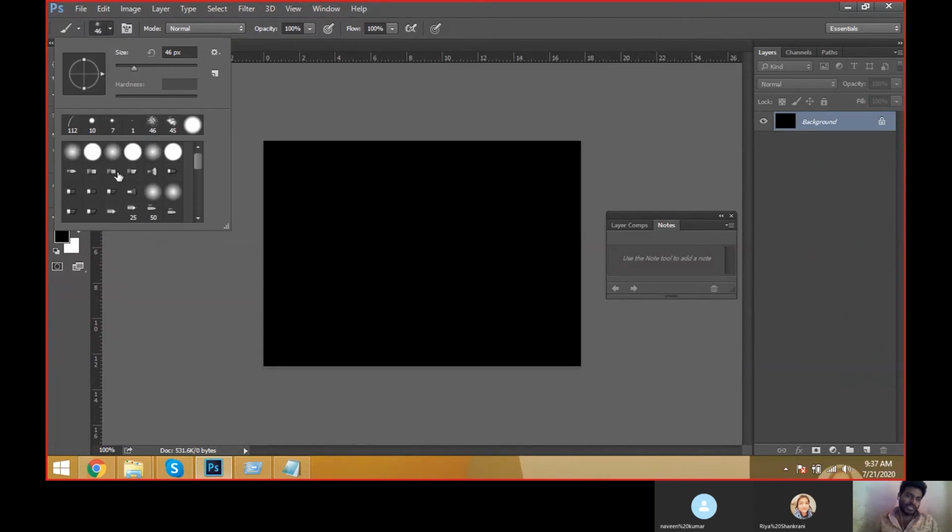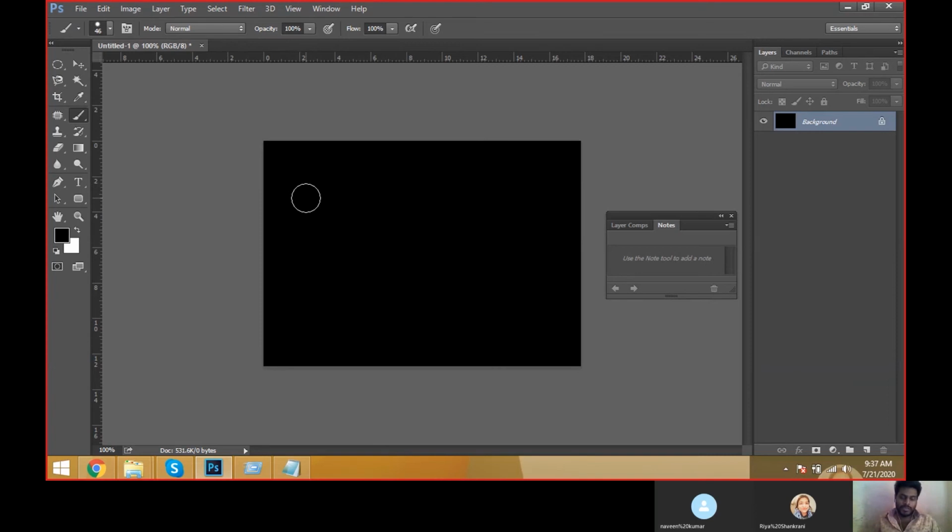The moon should be made with a normal brush only. And what is the color? I'm just clicking here. Is it applying? Is the color coming? I have already taken the brush tool, and I am just filling the color.